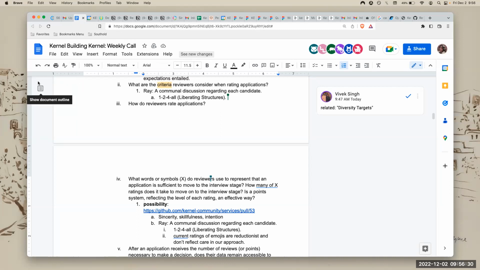Wait, if what is realistic, that the 4 reviewers each review 1,000 applications? Not 4 reviewers review 1,000 applications, but let's see. So 4,000. You want 4,000 reviews? Yeah, 4,000 reviews. So let's say 100 people are involved, then that's 40 per person. And it does seem possible that 100 people within the community do 40 reviews. So okay, that kind of does check out. So that's good. Well, I mean, it might be a little bit too demanding,